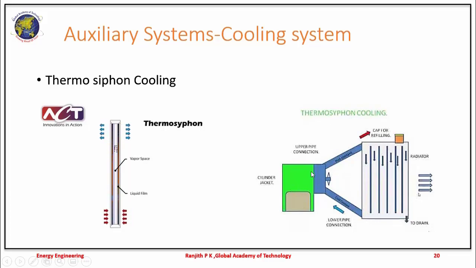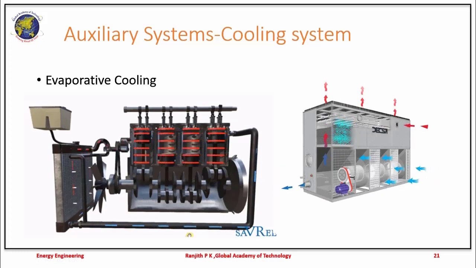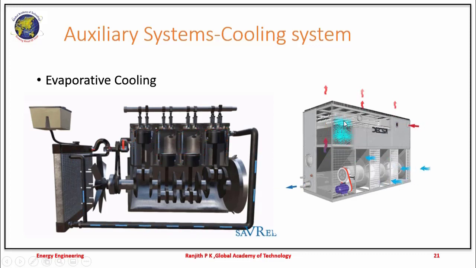There is a cylinder jacket which provides the water, and as the water comes in contact with the diesel engine system, it becomes hot and it is then taken out for heating, and then it is circulated. In evaporative cooling, there is evaporation predominantly taking place, where when the diesel engine is in operation, air passes through and it cools the diesel engine plant, and the hot air is then made to pass onto the